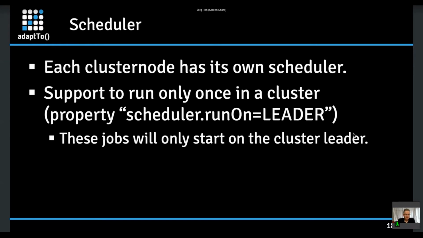Here, the scheduler: each cluster node has its own scheduler, and there's only one way to run the scheduler on a single node. If you want to trigger, let's say, a data import at 3 a.m. in the morning, and you don't want to run it twice or 3 or 4 times in parallel, you need to limit it to run exactly once in a cluster, and this is done via this scheduler run on leader thing. Of course, you need to have this definition in all cluster nodes, because otherwise, well, yeah,